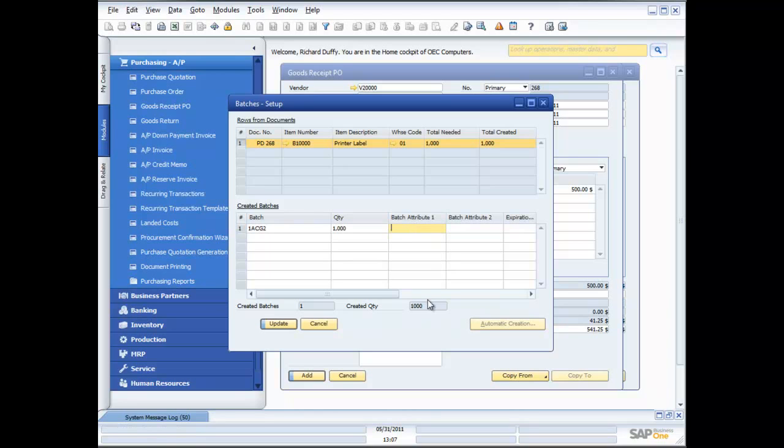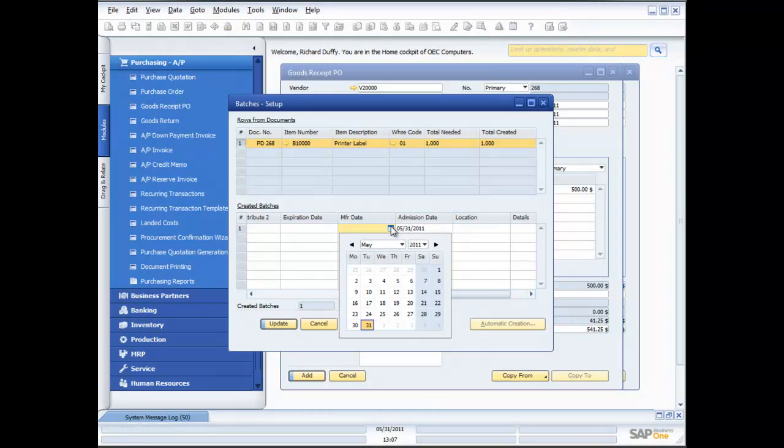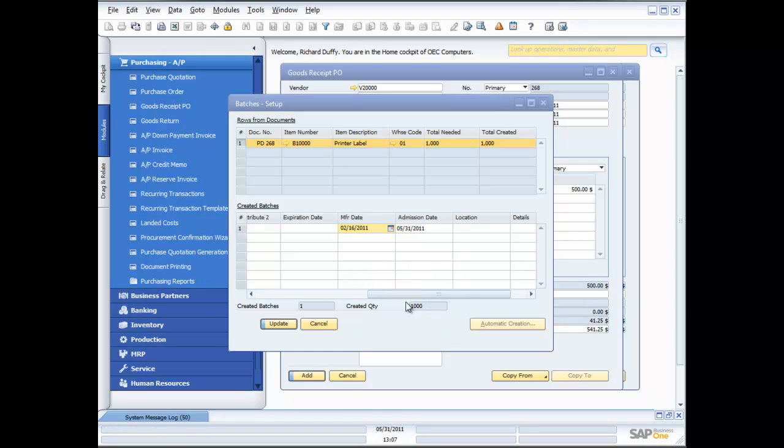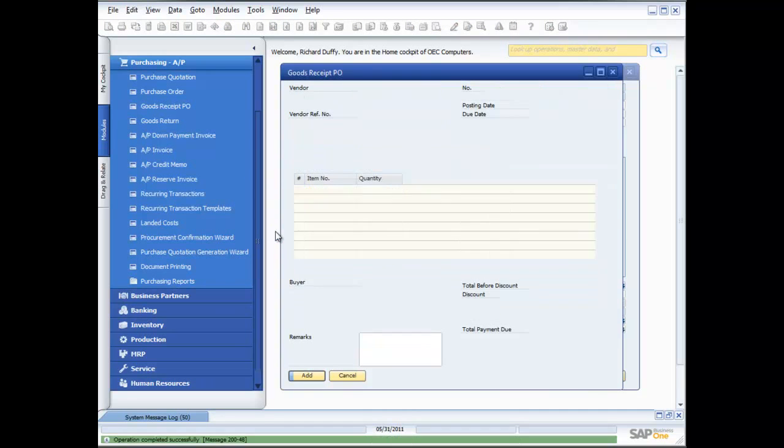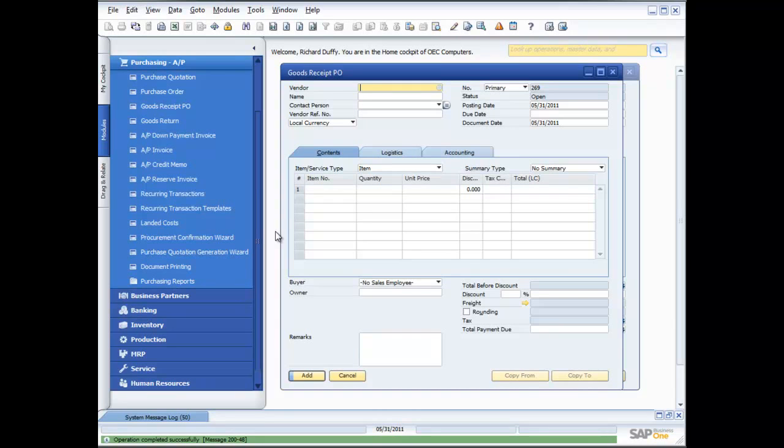So I've got 2 user definable batch attributes, plus I have these other batch attributes: an expiration date, a manufacturing date, a location and details. So let's say the manufacturing date on these was February 16th. And then I'll say update, okay, and okay again, and now add, and that's it. My goods are now in the warehouse. I've recorded all the batch number information. What I haven't done is I have not yet